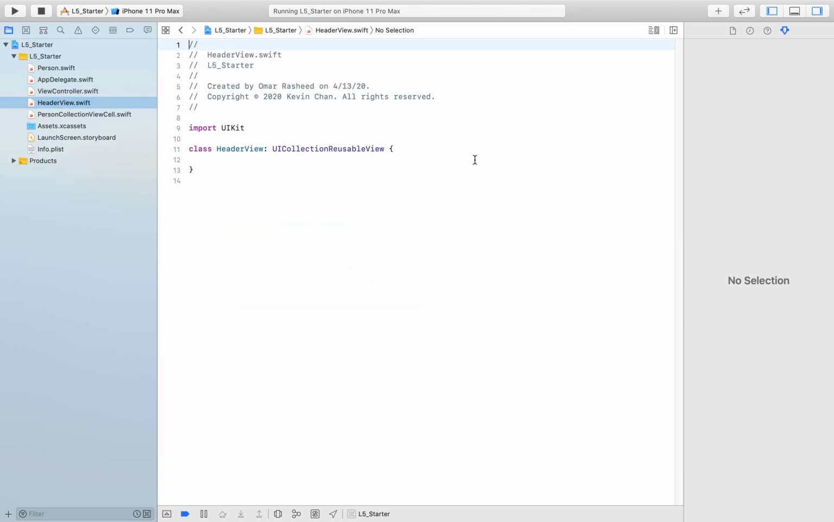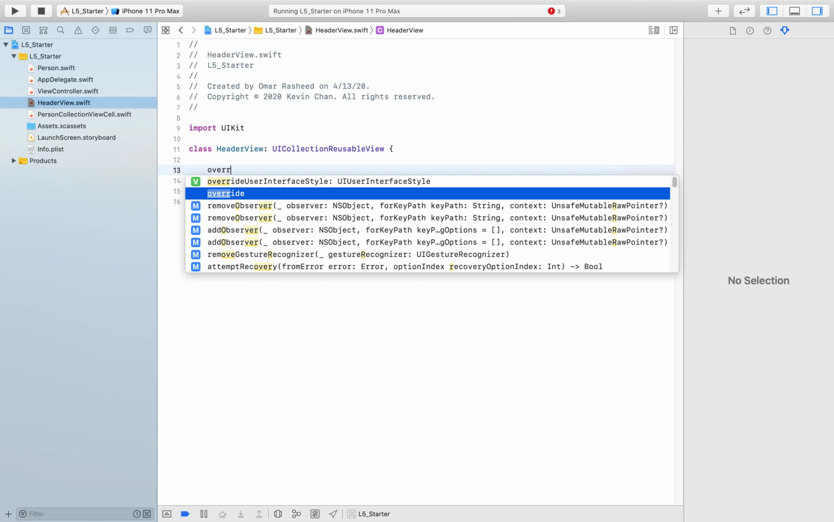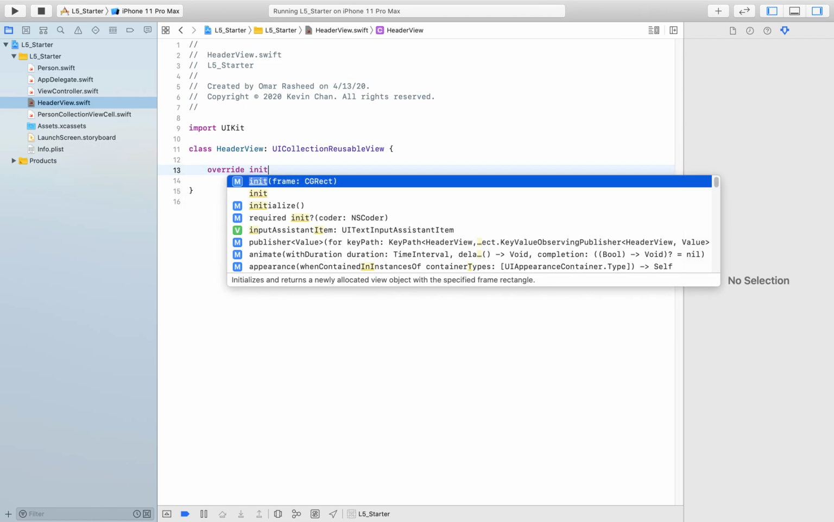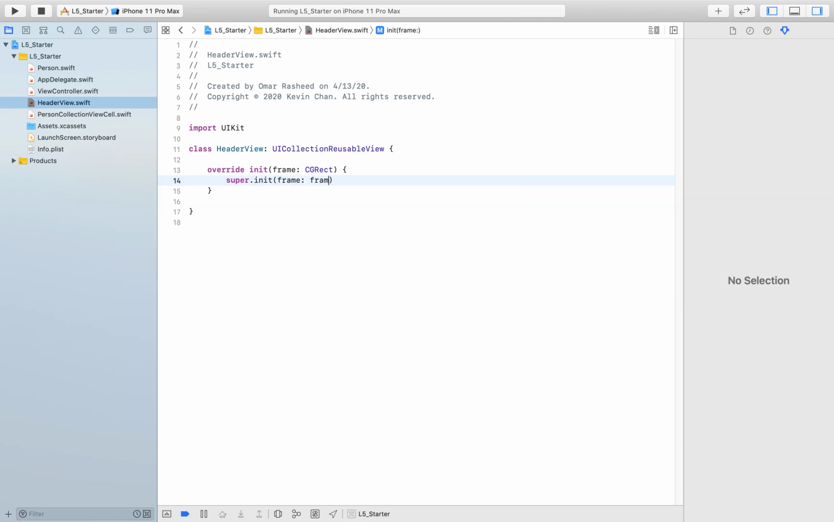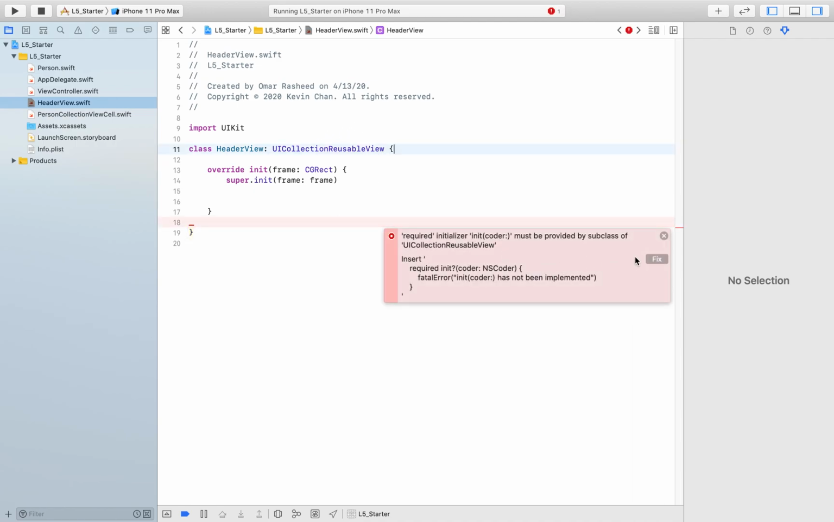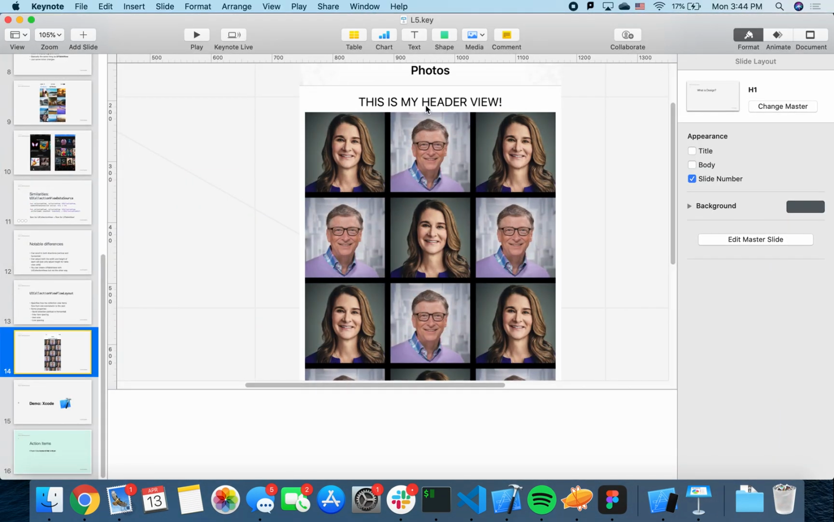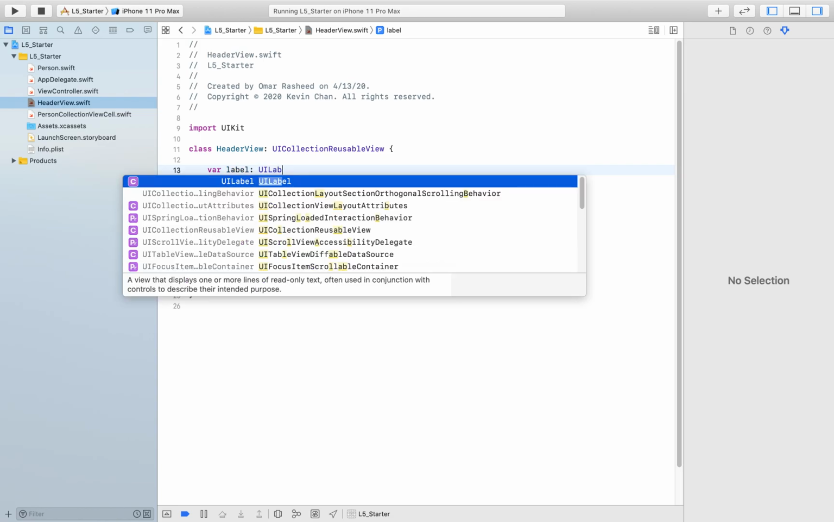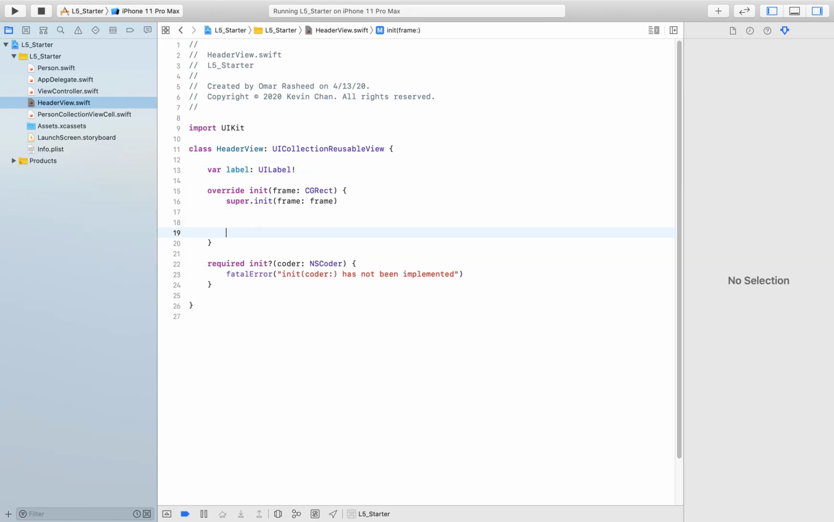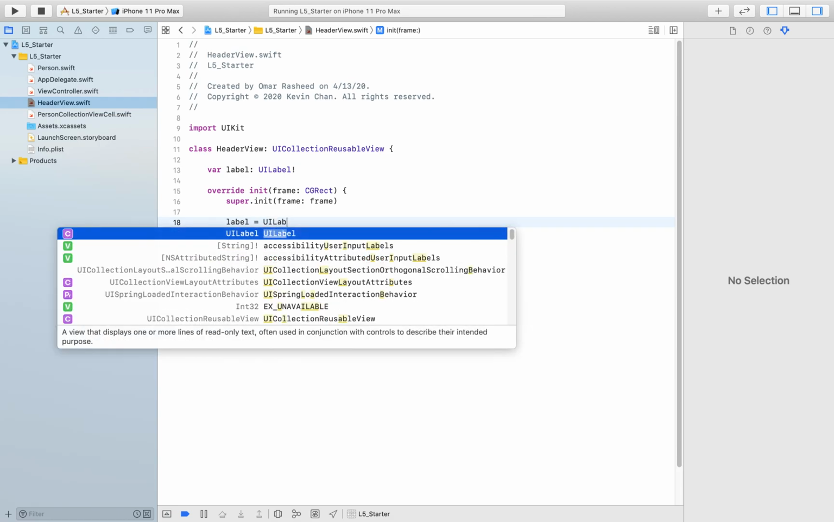And we'll see in a sec how this is going to work. I believe we just override the init same way we did in the collection view cell. Super.init, and we just pass in the frame. And so now we just want to create, for now, a label that just says this is my header view. And so we'll do var label equals UILabel,